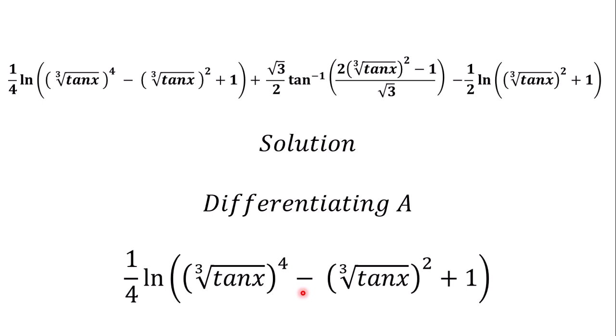As I told you earlier, the rare case is going to be something else. The most scary part is this one, not the natural log. We all know the answer to the natural log of any variable. That is what? 1 over that variable. When you take the derivative of the natural log of any variable, it will give you 1 over that variable. But what is the derivative of the natural log of the whole of this? You see, the chain rule. We have to apply the chain rule to solve it. But I'm not going to use the chain rule directly here. We are going to do substitution, and after that,